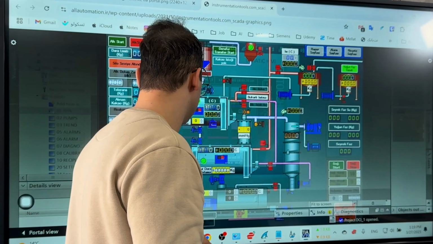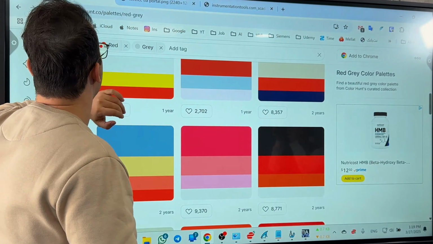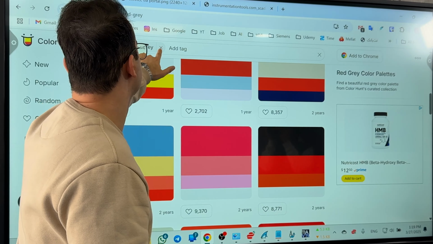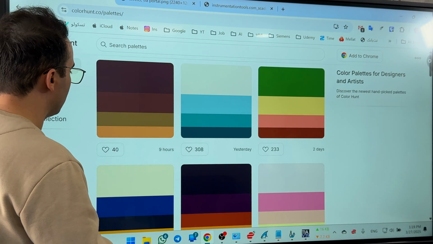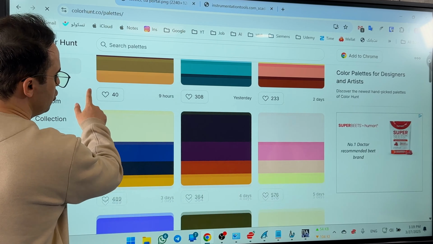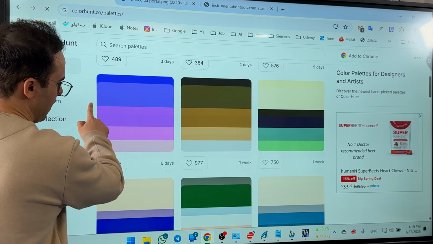So what is the solution? This website. You will go to Color Hunt. As you can see, there are lots of palettes here that you can choose for your project. And for example,